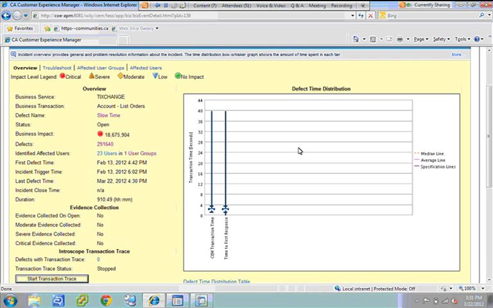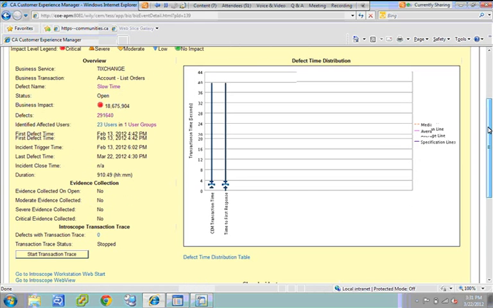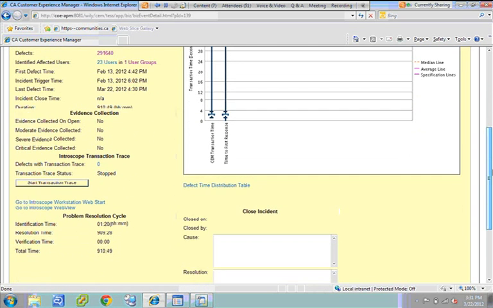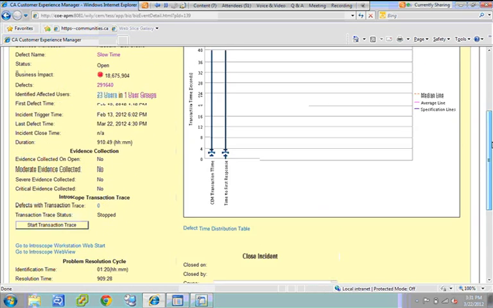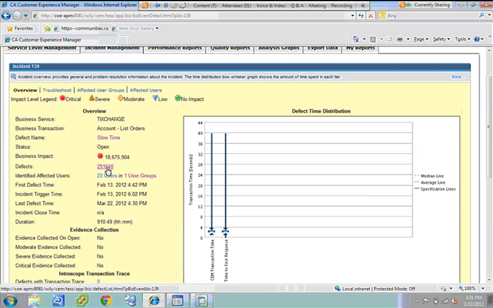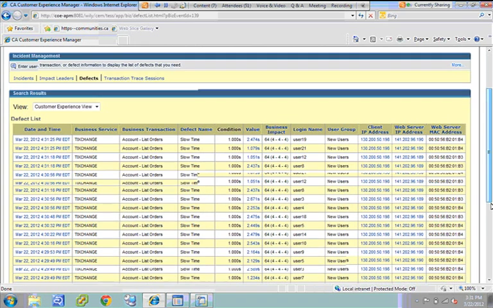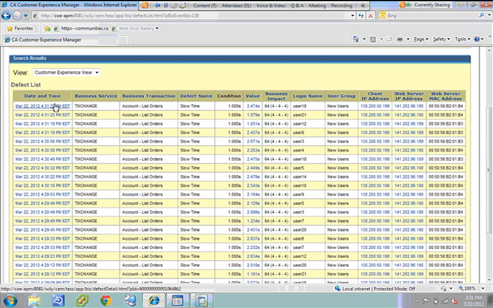And so inside of this incident, again, we're inside of the APM UI still, all the same things that you're used to seeing inside of here, details about this incident and some of the summary data about all the defects that make up this incident. And what I'll do here, though, to show where the integration occurs, is we're going to take a look at the list of individual defects that have occurred, and we can see there's quite a few of those defects. So here on the defect list, we can actually see each one that's occurred, the value of those, and